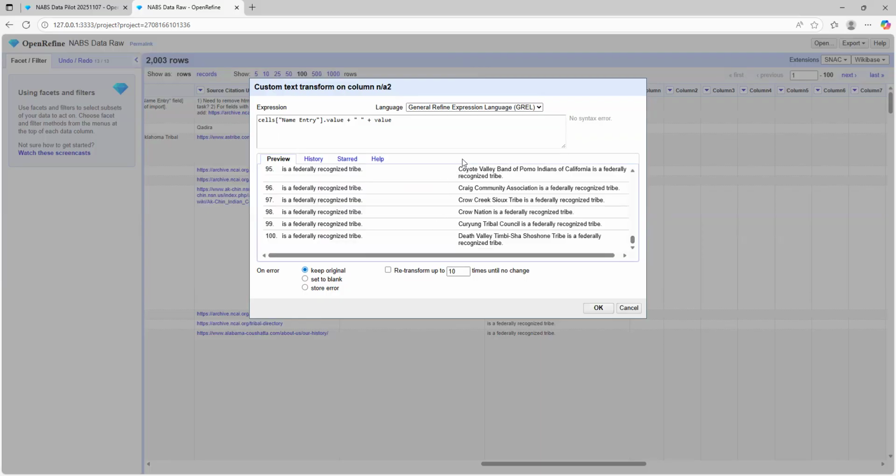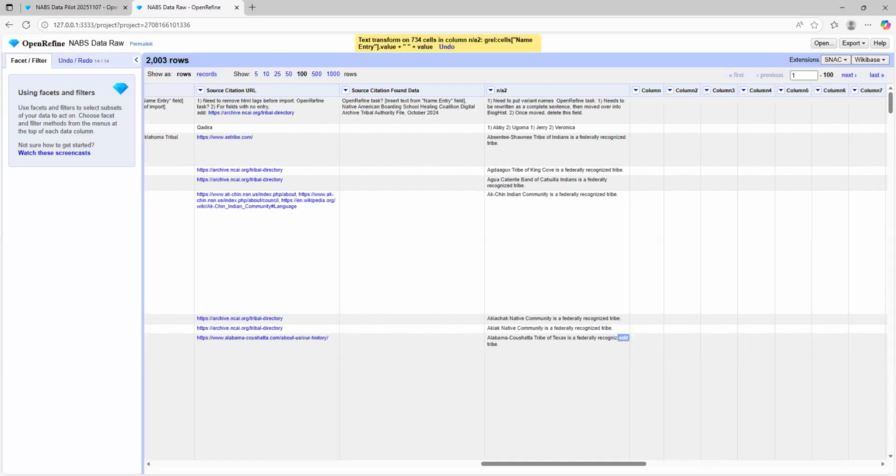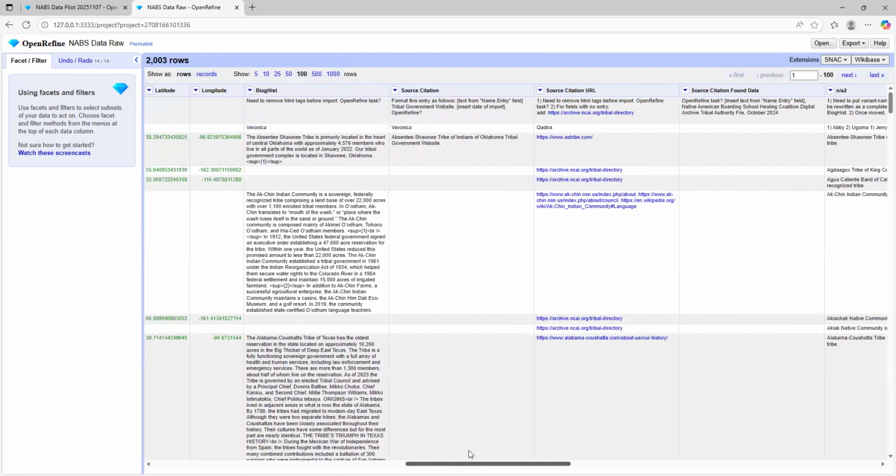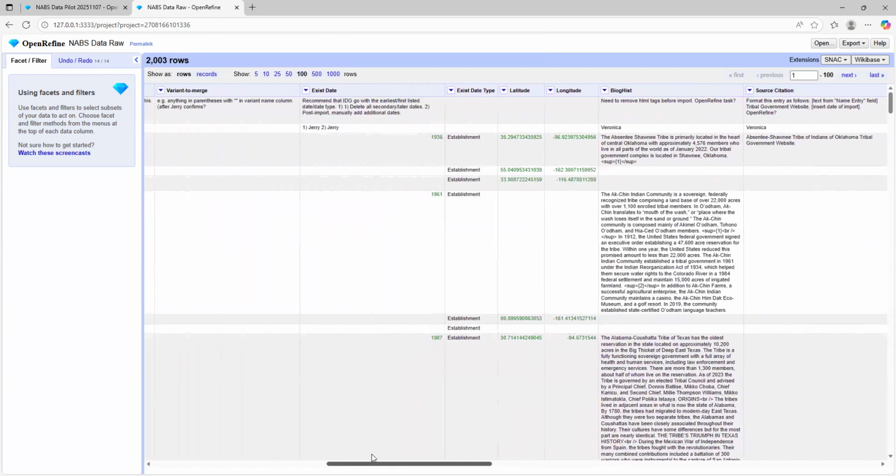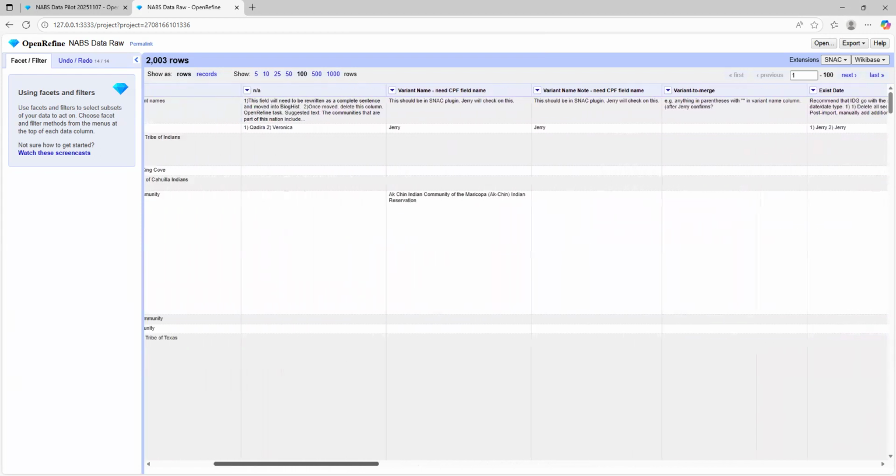And similarly, if we wanted to append "the" in front of this, we could use, once this is the value of our column, we could append it similarly with "the" in quotes plus value. So now we have a complete sentence there. And let's see. Okay, and so we can repeat that step again on the column